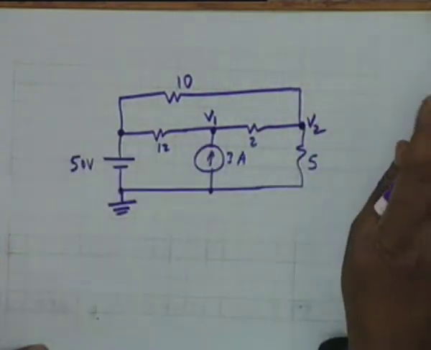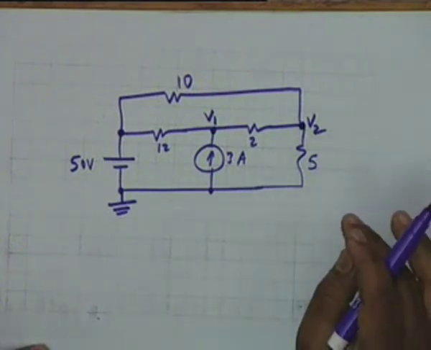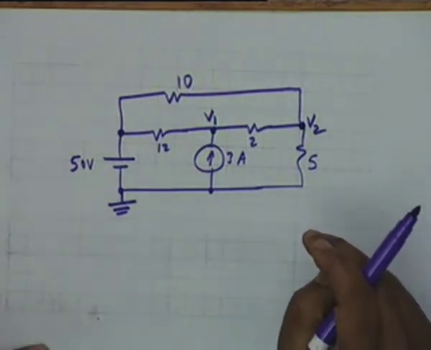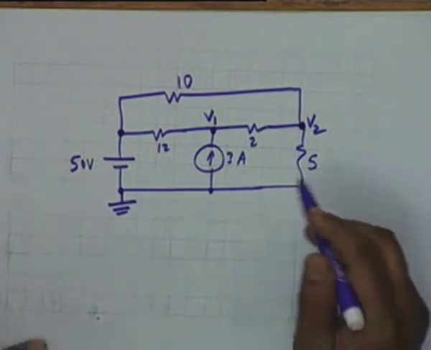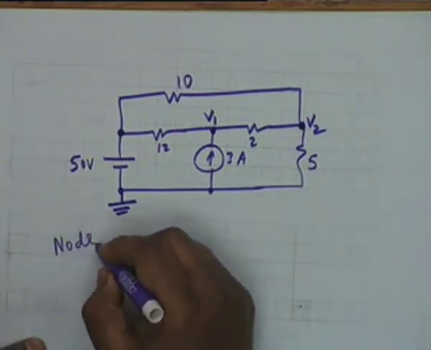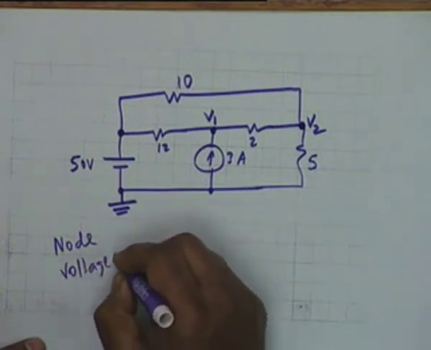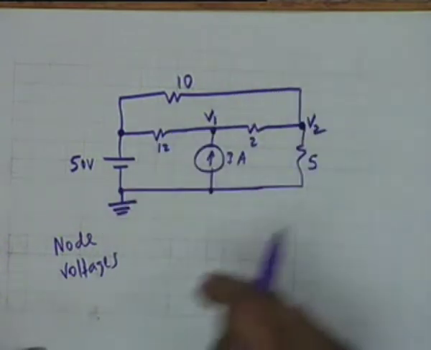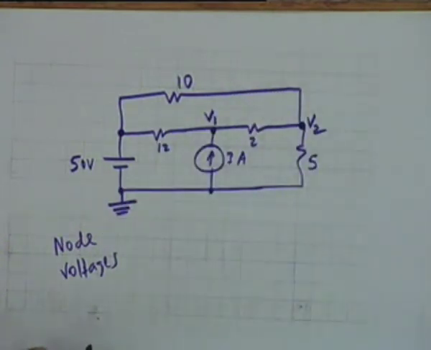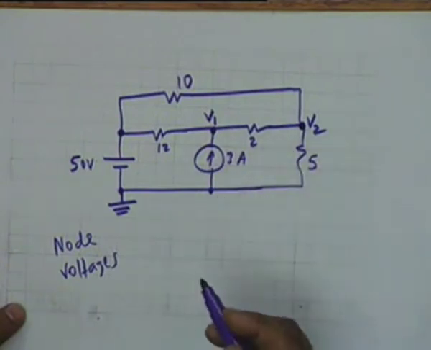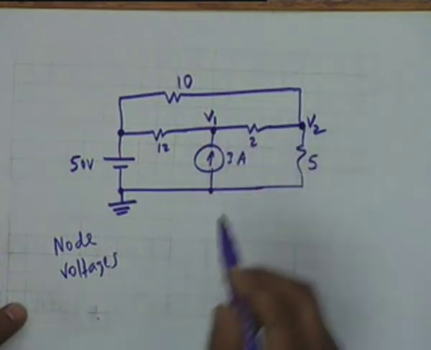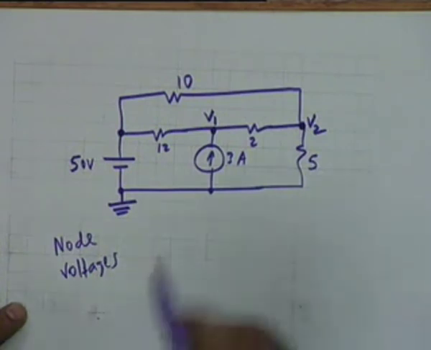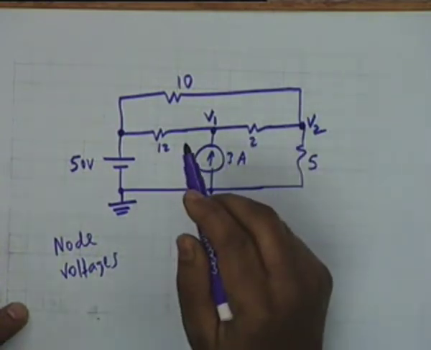So all currents shall be known if we know all the voltages, and this is called the node voltage method of solution. Instead of loop currents or branch currents, we solve for node voltages, and we apply basically KCL here. We do not apply KVL because we are not going round a loop. Now, to be able to apply KCL, and we are solving only for V1 and V2, we need to write only two node equations.